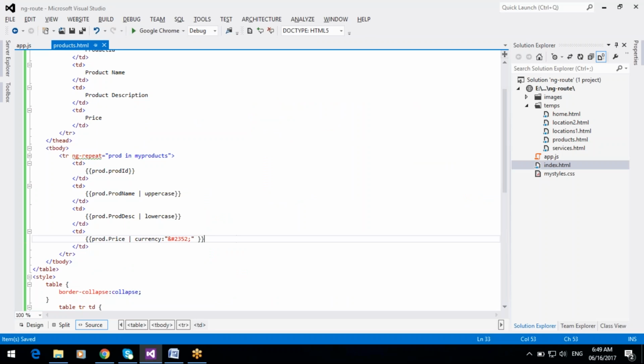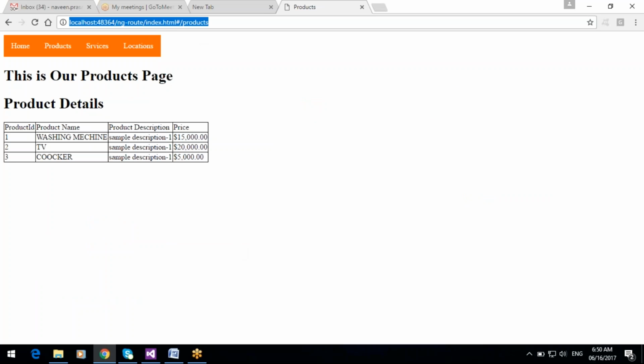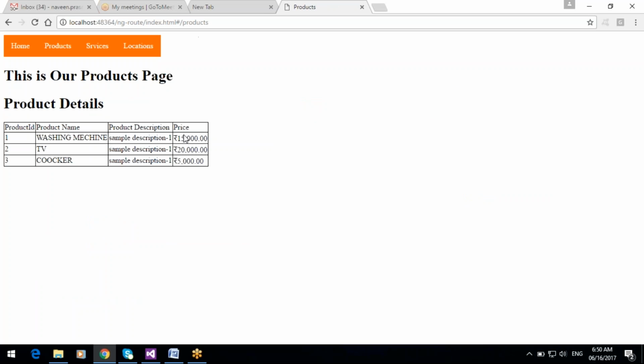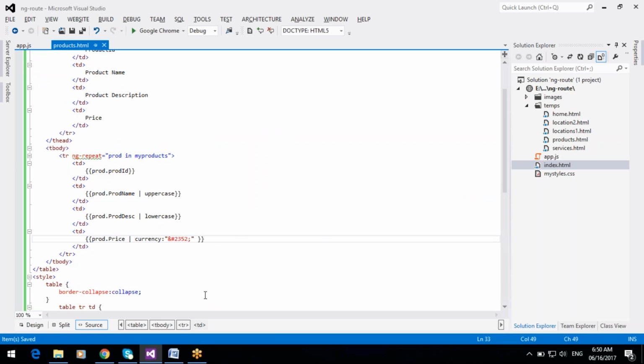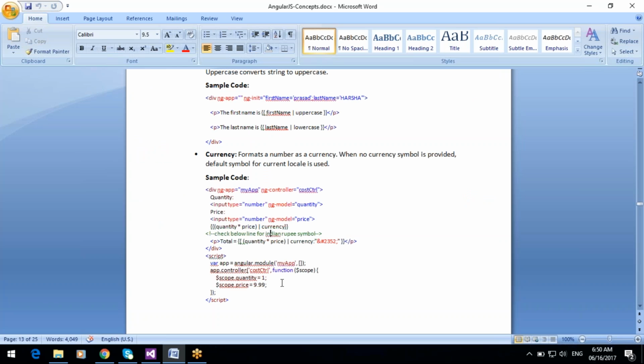If you want to display another country's format, you can search in Google for the HTML syntax for currency symbols. So it is displaying the Indian rupee symbol. This is the currency filter.